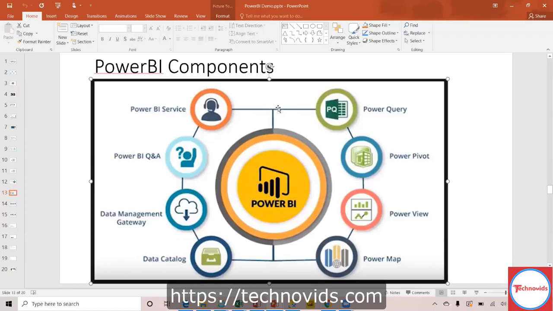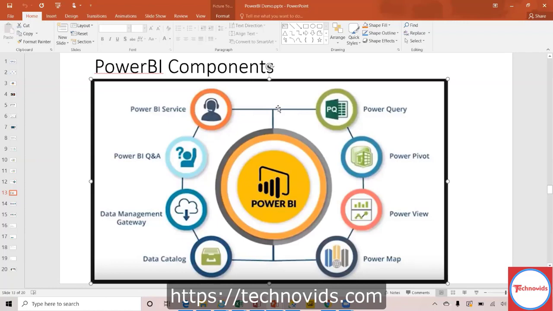Of course, one of the major things is the Power BI gateway, right? The data management gateway is integrated in the Power BI service, because the data is refreshed, right? As and when data is updated or changed, that has to be refreshed. Since the reports are published in the service, it makes sense to have the gateway integrated in the service, not in the desktop, of course.